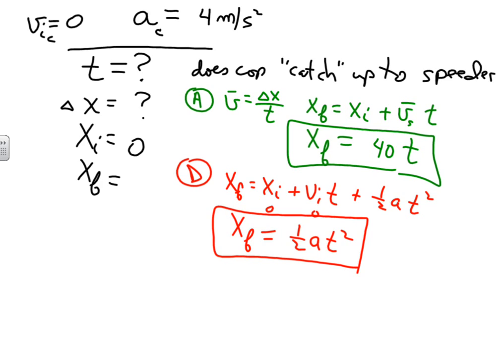So now I have an equation for the speeder, and I have an equation for the cop, and the question was, when does the speeder get caught up by the cop? When does the cop pass the speeder? That's when the speeder and the cop are in the exact same place at the exact same time. Here's the answer: set them equal to each other. The position of the speeder is the same as the position of the cop. Isn't that cool? X final for the cop equals x final for the speeder. So that means 40t equals